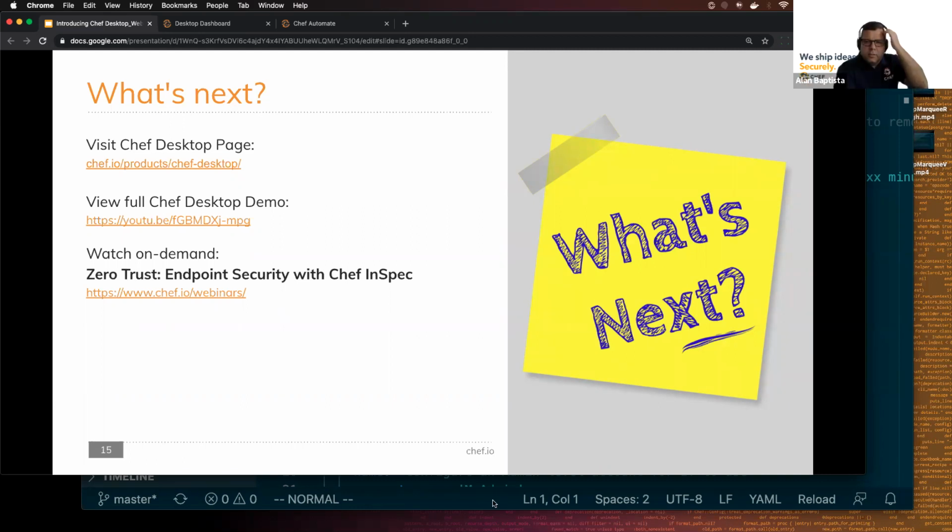I think that's an interesting point, Nick. What we're trying to say, and I'm not sure if it was clear, is that Chef Desktop relies on our core products, right? It is very much leveraging our existing toolset and our existing capability. And in line with what you were saying, Nick, there's a question here: will it be possible to use this in an environment that is already using Chef Infra, such as a hybrid environment where servers and desktop